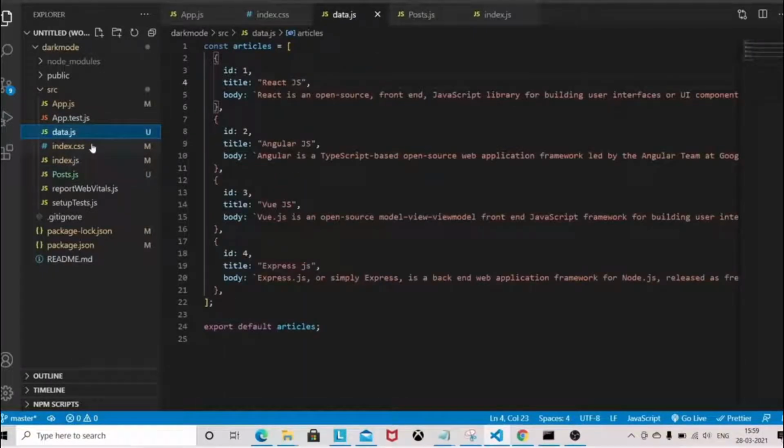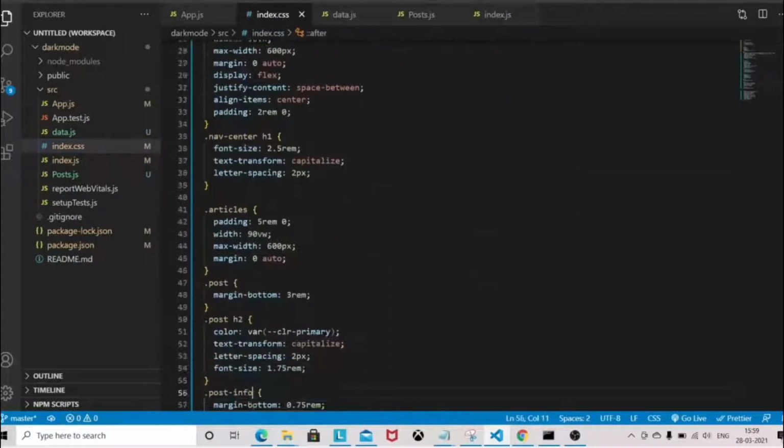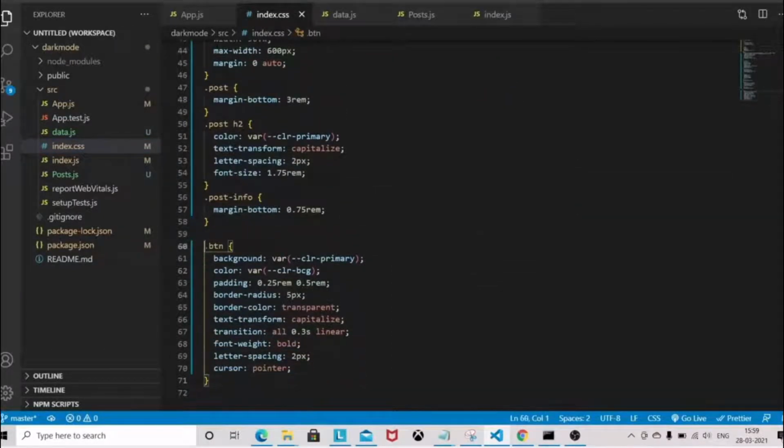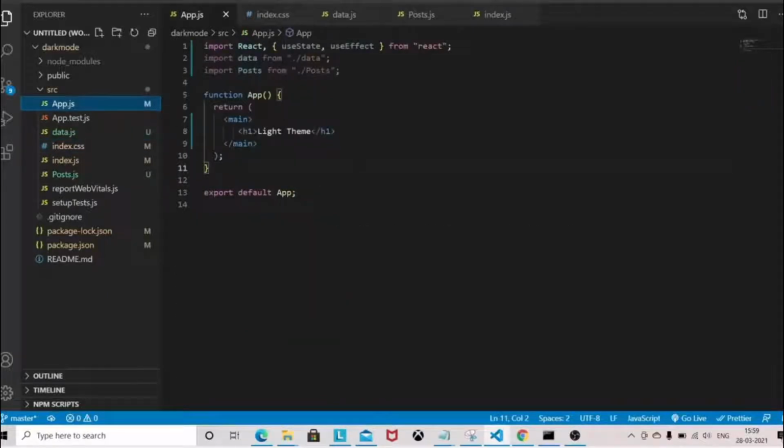This data contains title and body, and we have some styling, so you can copy this style. I'm not going to spend much time writing CSS styling in this video.